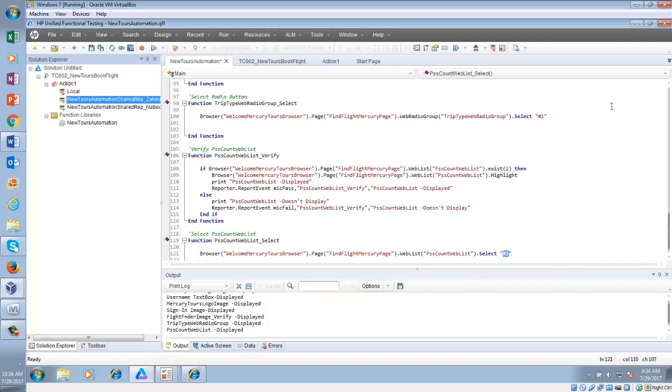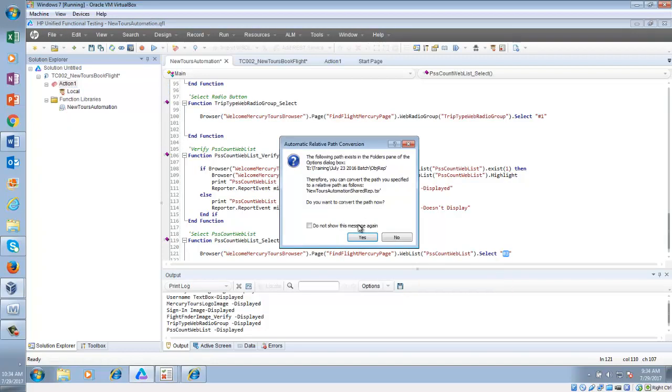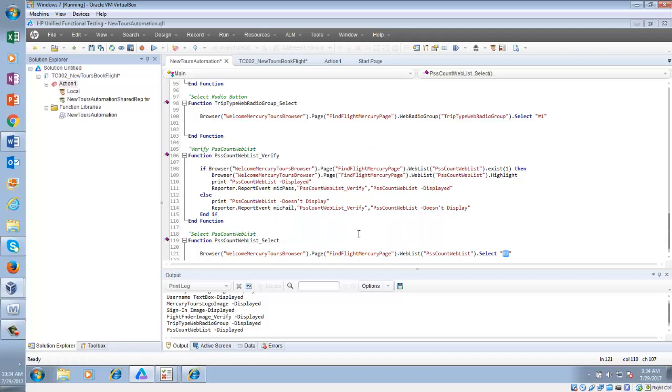Now let's say another person in the team, this is mine, this is Naved's, is working with this repository, because all people cannot work in the same repository at the same time.